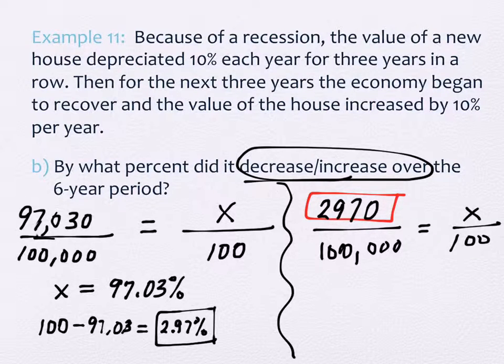Somewhere along the way, you have to subtract. How do we know the 2,970? Where did the 2,970 come from? 97,030. Yeah. It's the subtraction of these two quantities, Hannah. The amount that it actually changed is what's on top, and we subtracted it from the original amount we picked. All right, any questions on that one? All right,